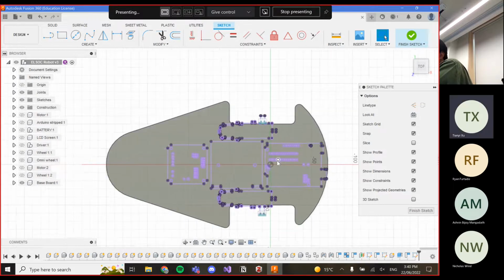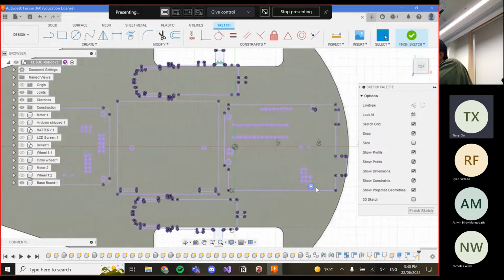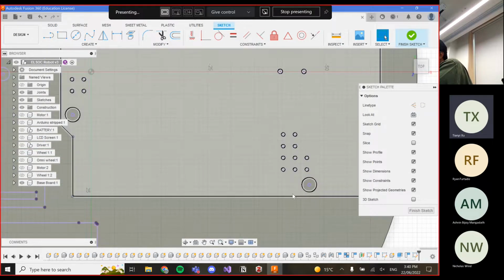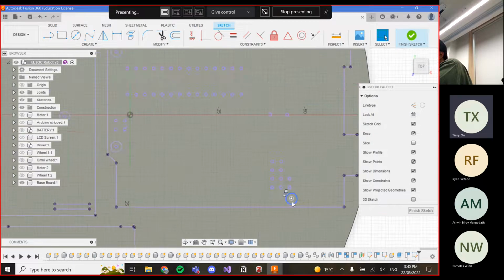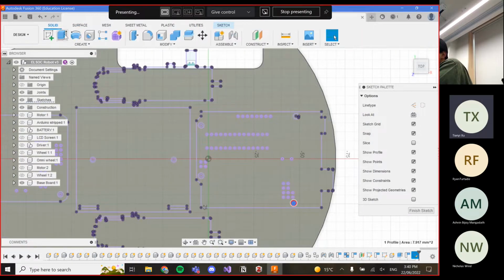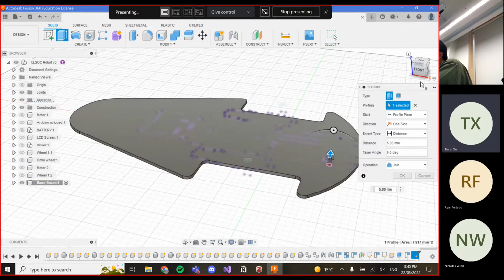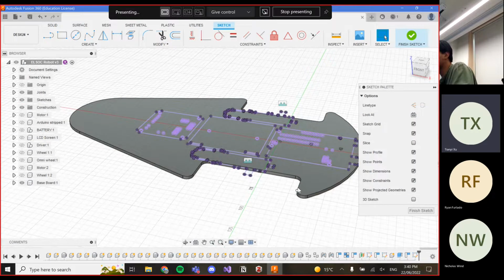Okay, let's make those columns. So if you wanted to be simple and easy, you could just click on these columns and then go to solid and extrude them up some amount. But